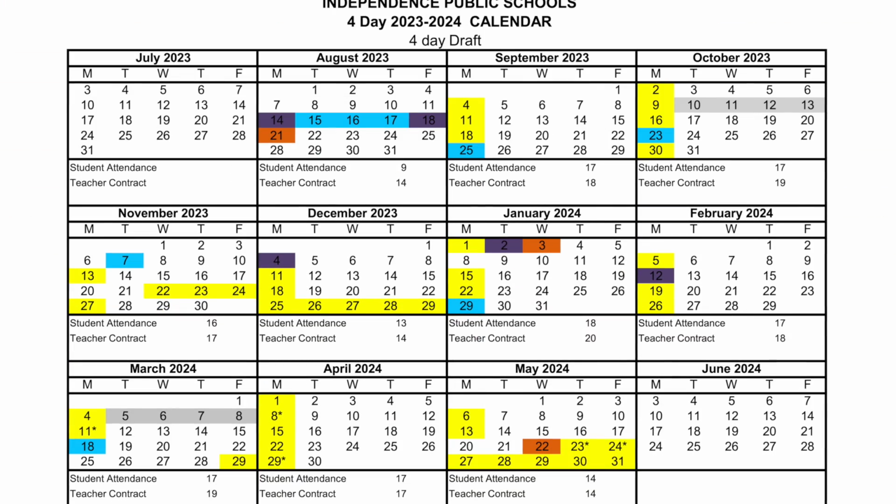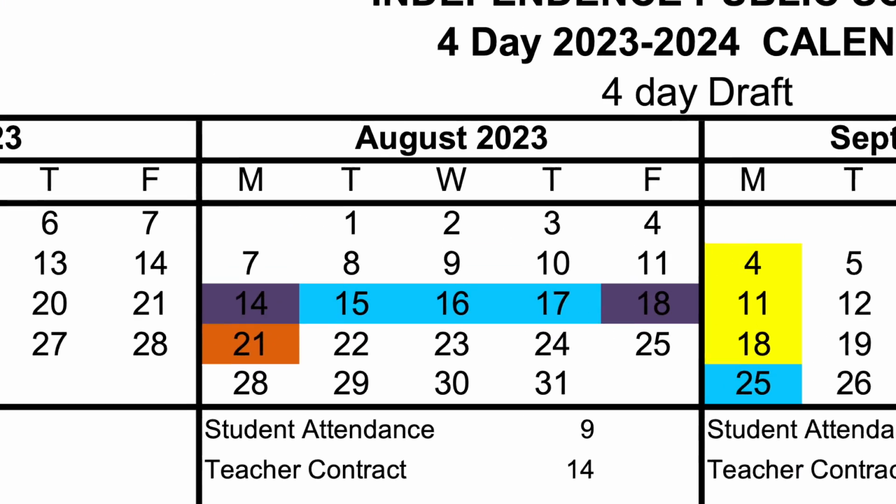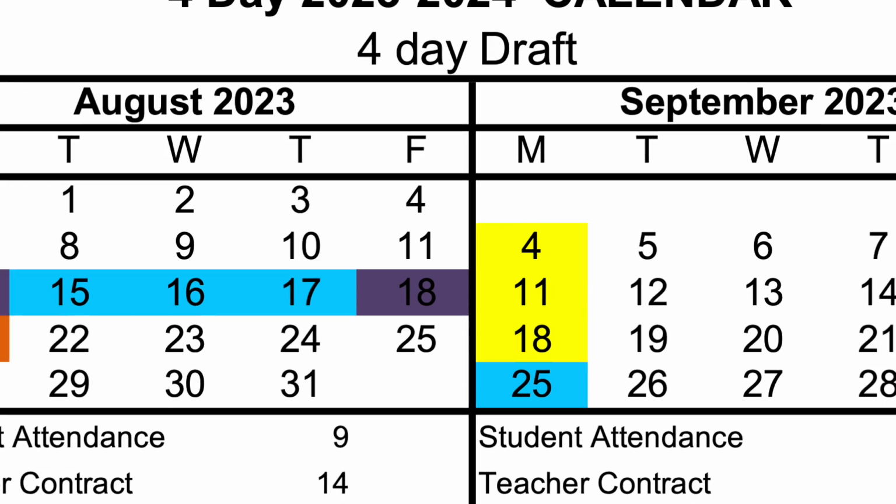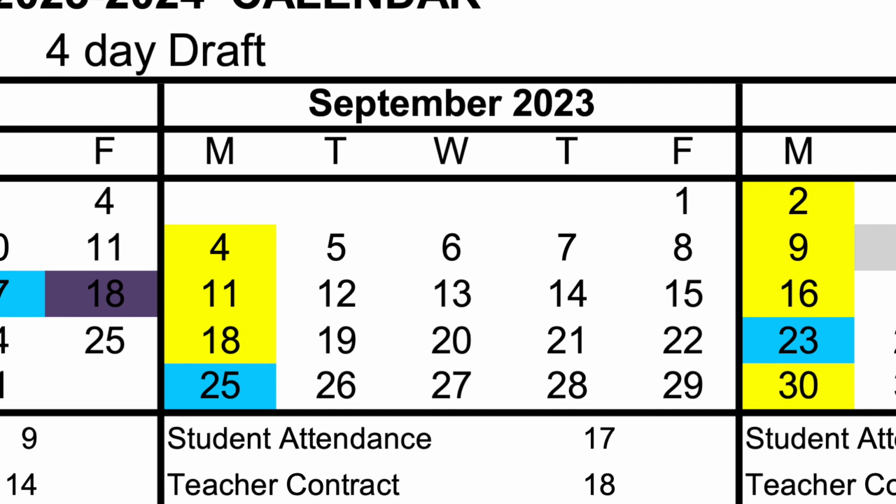Now I'm going to move into the 4-day instructional week. That certainly looks different than the traditional 5-day week. First of all, we start with staff on August 14th with a teacher work day. The 15th, 16th, and 17th are PD days, and then another teacher work day on the 18th of August. Still, the first day of school is the 21st of August, and that doesn't matter whether it's a traditional 5-day or the 4-day week. Once you move into September, we do have the 4th of September, which is Labor Day,